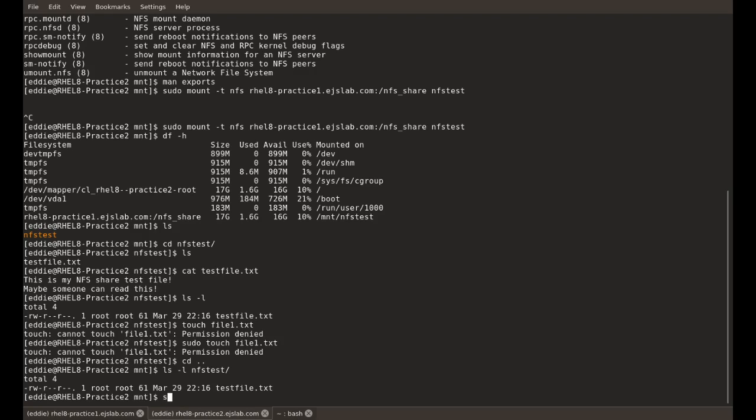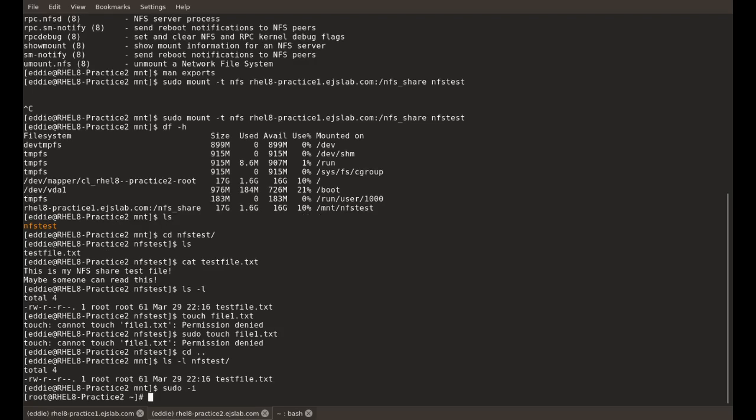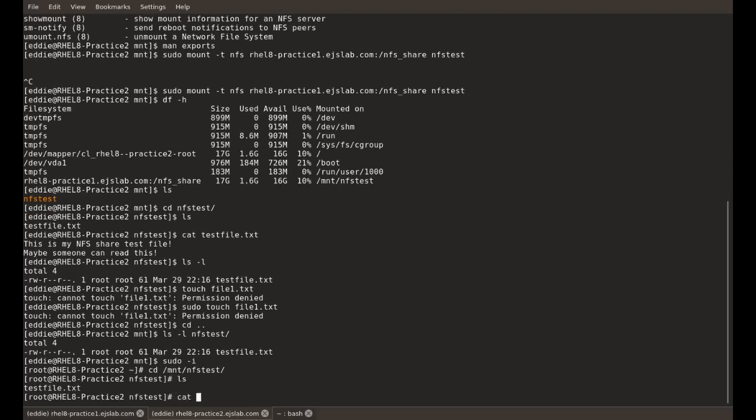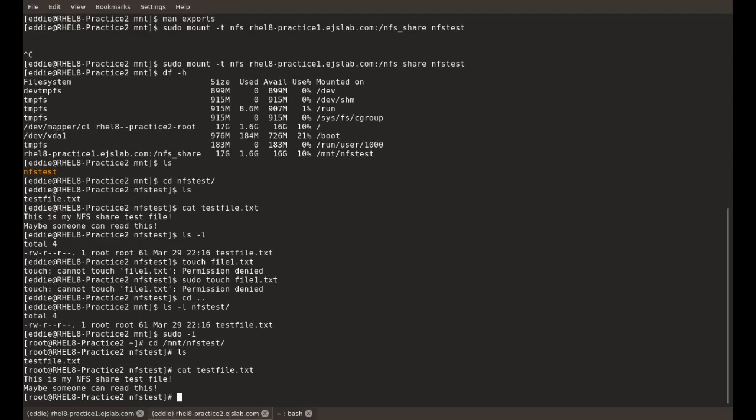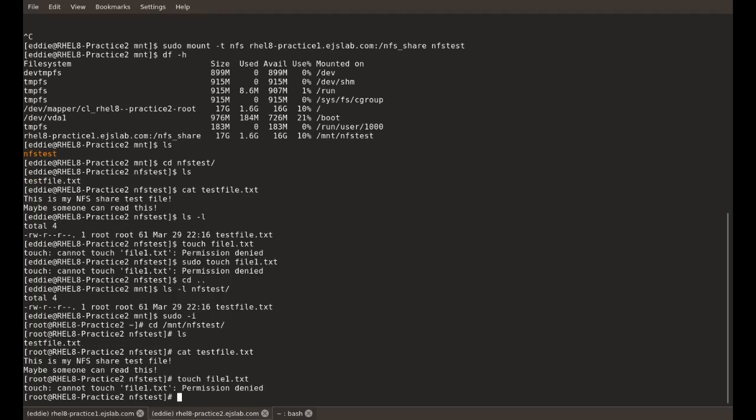Just as a test, let's try this. I shall do this as the root user. All right, and let's try to touch file1.txt. Permission denied. I'm not quite sure why that is, because I would be doing this as root,